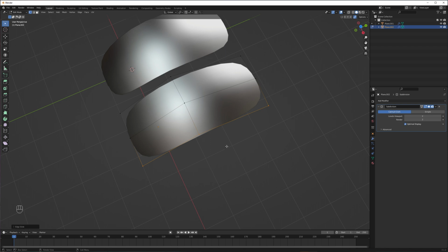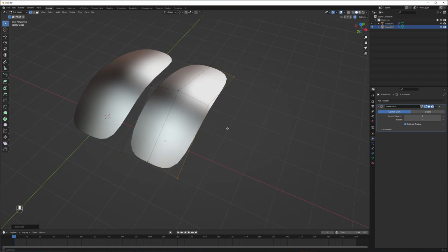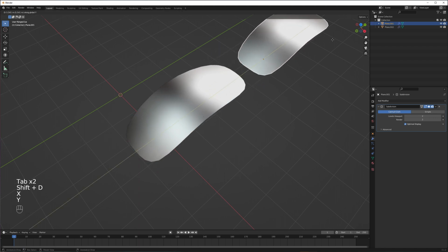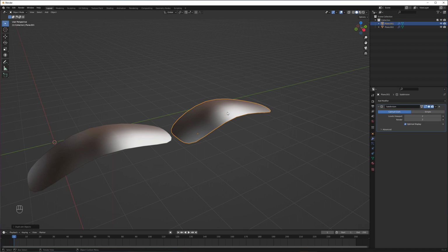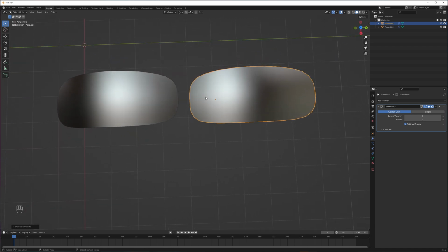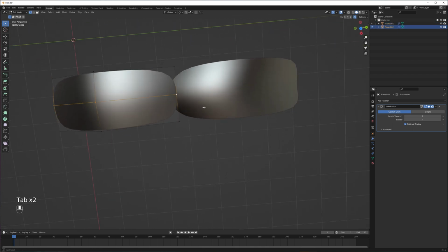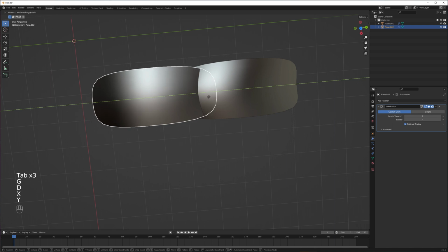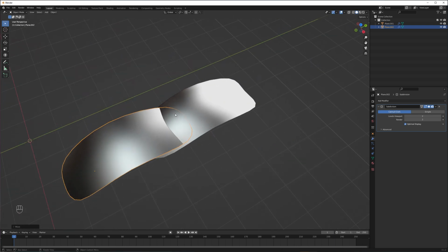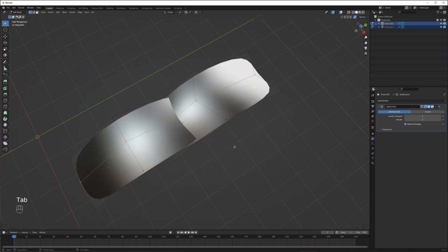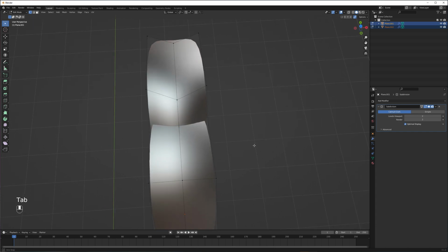Now, next, let's talk about maybe how you want to do some intersections. So I'm going to get rid of this. Let's say I have 2 shapes, and I want them to intersect. I'm going to say they're a little bit different. But for ease of use, I'm going to keep the vertices where they are right now. I'm just going to have them come up like that. Now, if you want to have these 2 forms come together, one thing you can do,